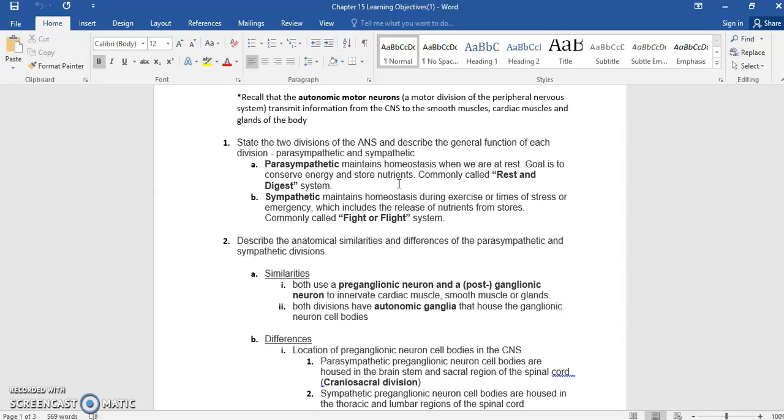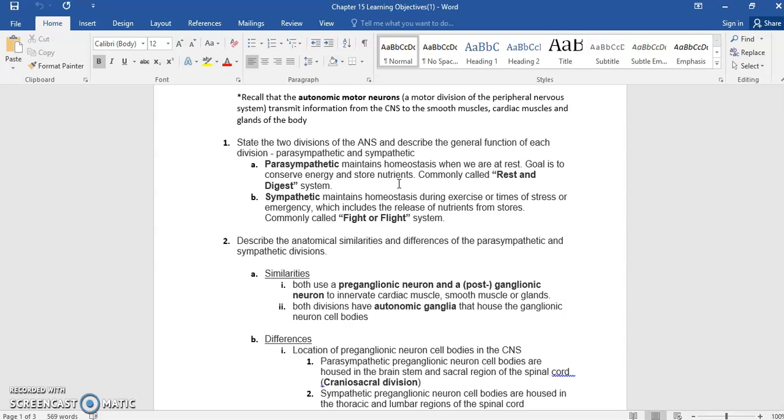So the sympathetic motor neurons, that part of the autonomic nervous system, will release those nutrients and use up that energy that was stored in order to do what we need to do, whether it's exercise or